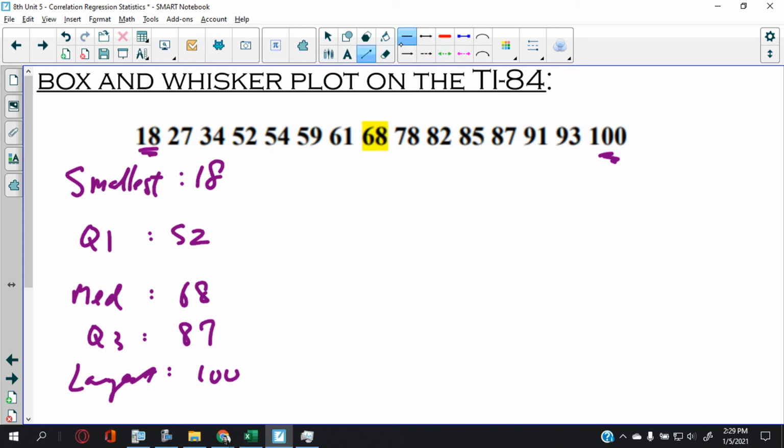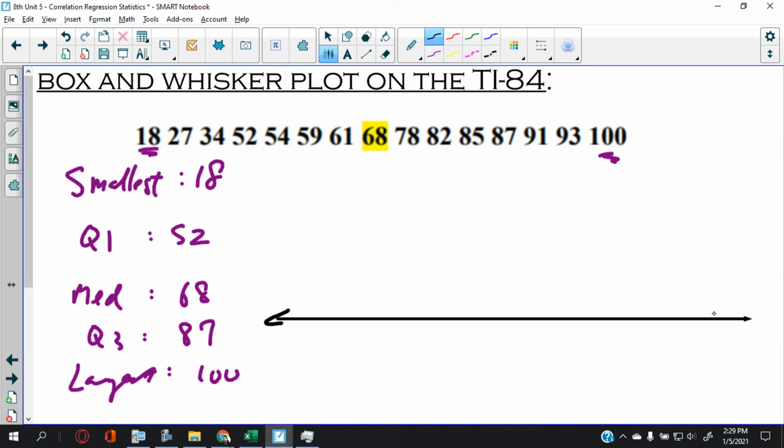Now, let's exercise some skill when it comes to drawing the number line. This should be scaled out. The top should be 100. The smallest is 18, so I'll make this 0. I could do it by 20s, actually. Should I do it by 20s? Let me think. I could do it by 10s, actually. So let's make this 50. All right, 0, 10, 20,